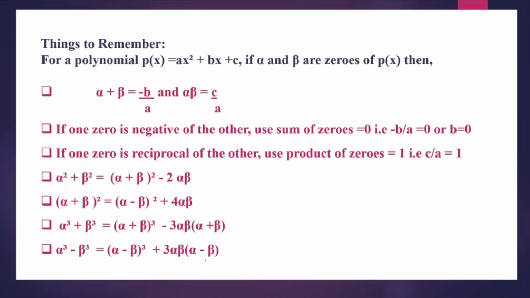The case study question, if you know about the sum of the zeros, the product of the zeros, and these identities, I think you should be able to solve it. The other questions also, if you see the sample paper, knowing whatever I have told you, I think all questions of the sample paper should be easily solved by you.